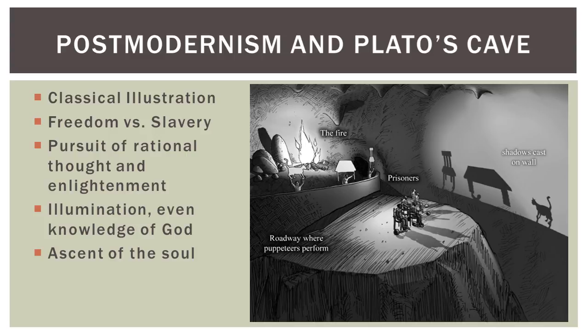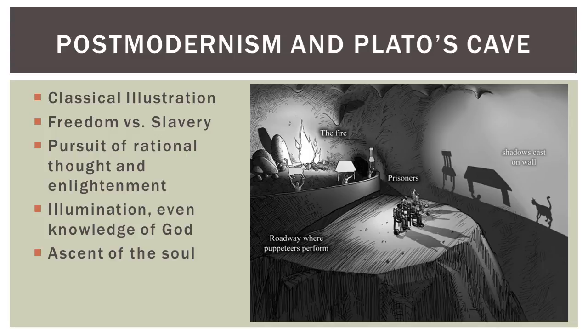And behind them there's a fire, and people who move shapes and shadows on the wall in front of them between the fire and the wall. And since they're chained and their arms and legs and their necks are bound to their chairs, they're facing forward and they can only see the shadows cast on the wall. So in this analogy, Plato uses the example of people who have only ever seen shadows, and that's the only